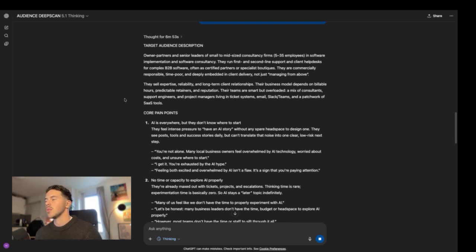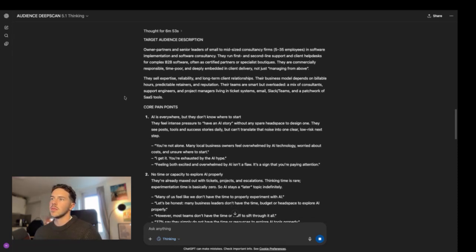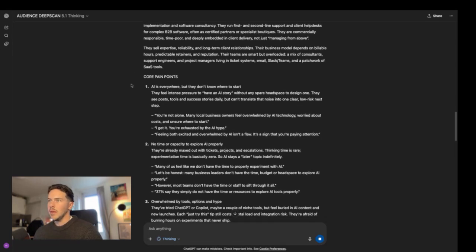Their teams are smart but overloaded. A mix of consultants, support engineers, project managers living in ticket systems, email, Slack, Teams, and a patchwork of SaaS tools. Core pain points. So